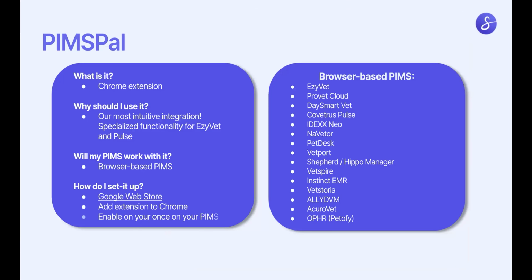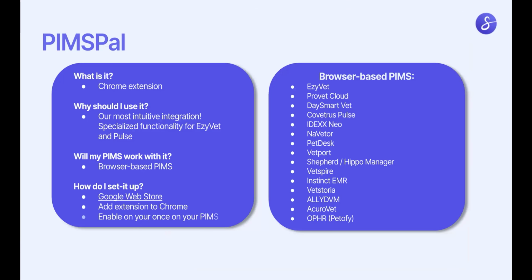And so how do you set it up? It's very straightforward. All you have to do is, in the Chrome Web Store, search for the Scribenote PIMSpal. From here, what you can do is hit Add to Chrome. You'll get prompted with the Add extension. Add. Perfect. And then you'll see up here on the top right that Scribenote PIMSpal has been added to Chrome, so